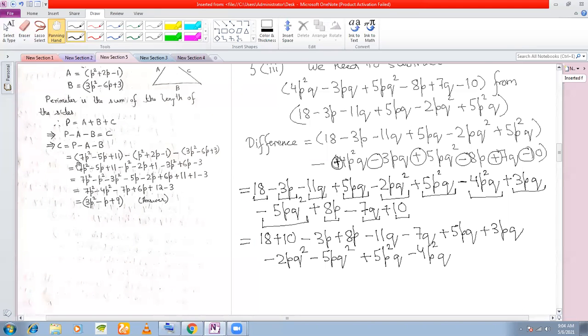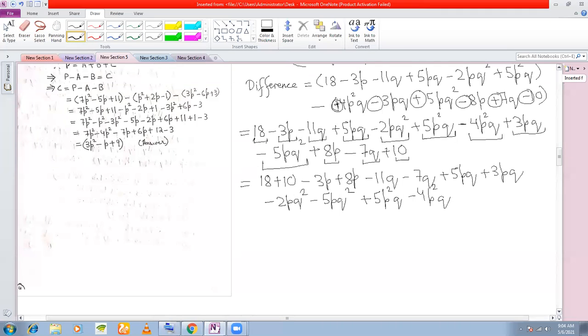When you are doing the sum, do not give these signs. When you're doing your sums in your copy, do not give these signs. What you can do is you can use your pencil to give these signs. Once you finish the step, then you can erase them. Is that understood? Yes, sir. I don't want to see these signs in your copies or in your examinations. This is just for your understanding that I'm doing.